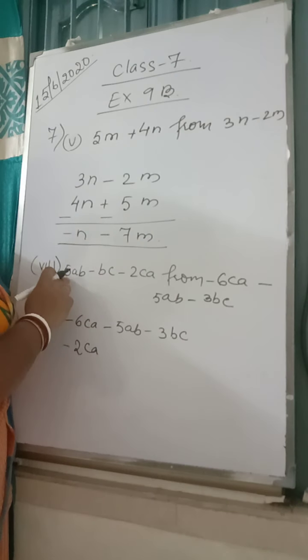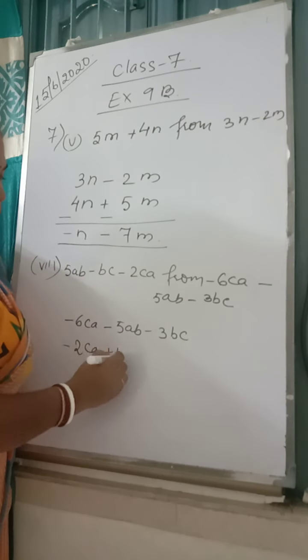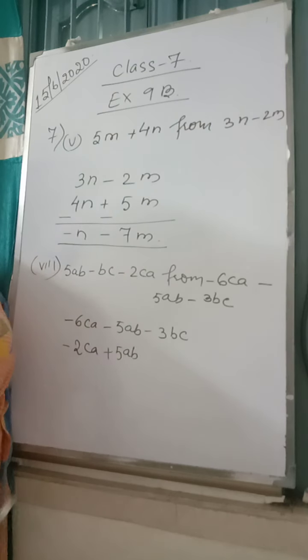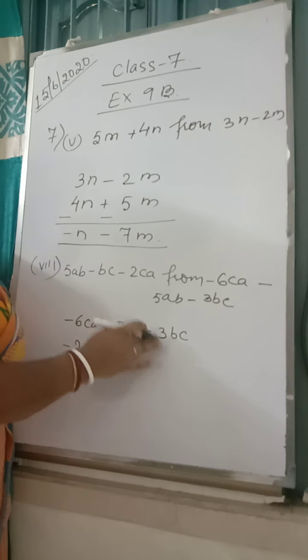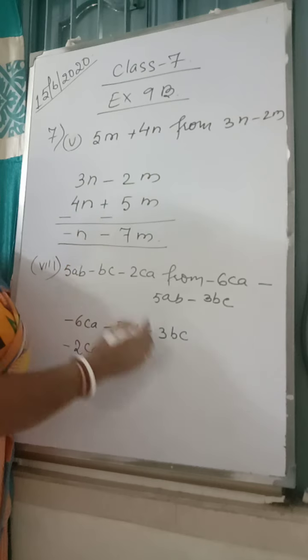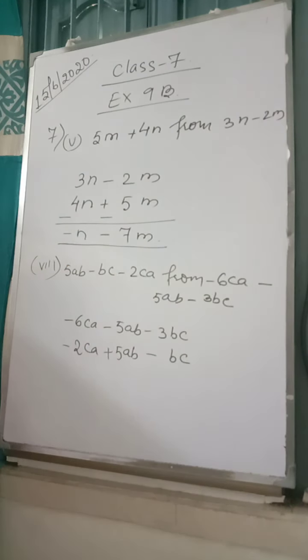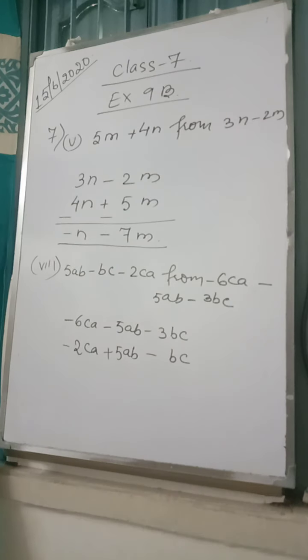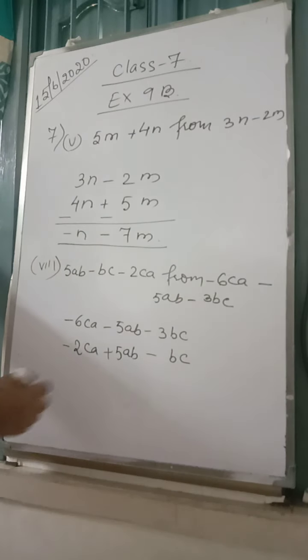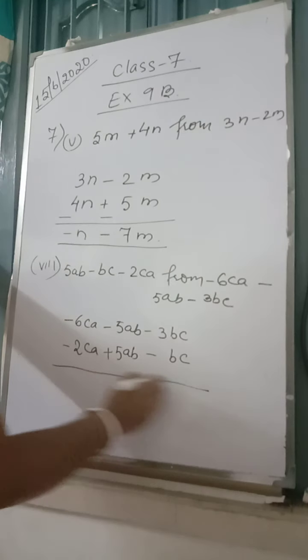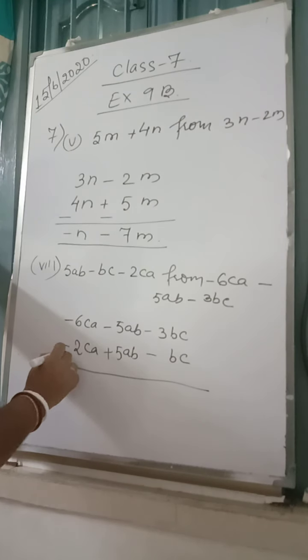Minus 5ab. Then we have here plus 5ab. So we will be writing plus 5ab down. Minus 3bc. Here we have minus bc. So we will write bc down of minus 3bc. I understood that you have doubts with the arrangement sequence. Does not matter that we will arrange. We can arrange it. Repeatedly I am telling you. It doesn't matter. Now subtraction, all the signs will get changed.